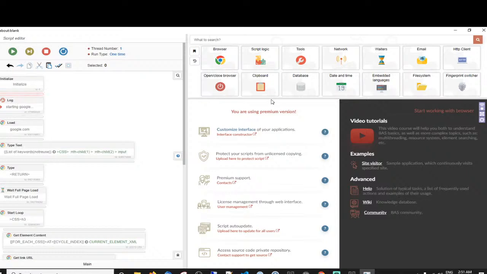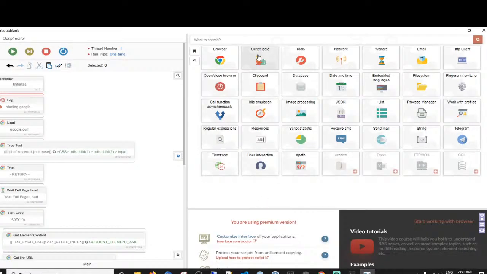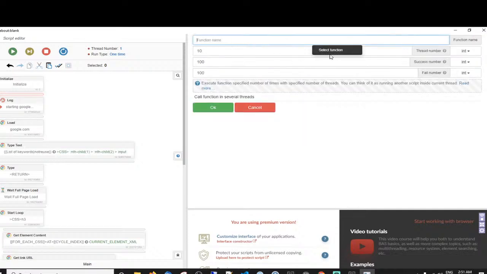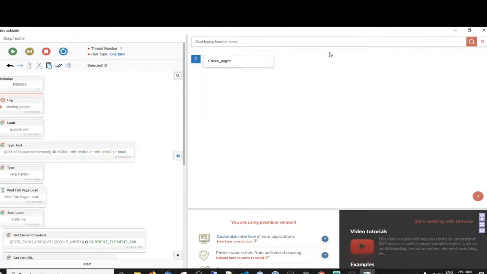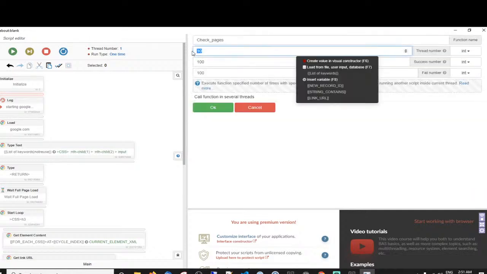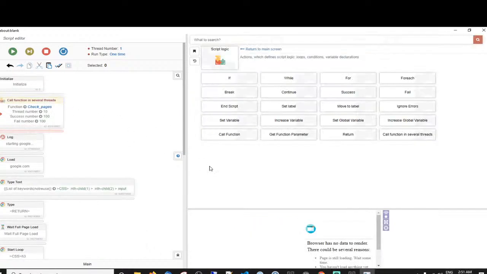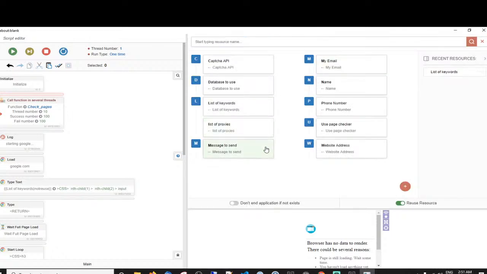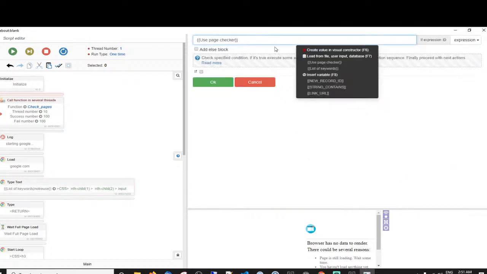So here, just going to go to script and then call function in several threads. What function do I want to call? Check pages, the one that we just made. And I'll adjust all this in a second. Then what I need to do is put it in an if statement. So if use page checker equals yes. So if that, in other words, if that checkbox is checked,